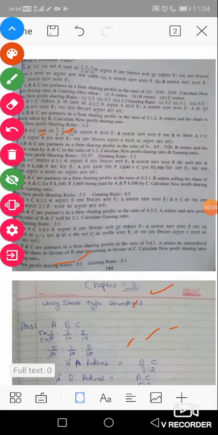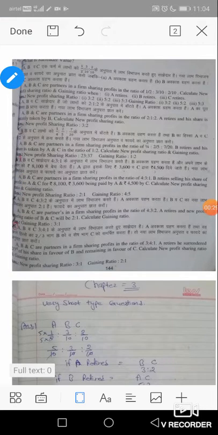Yes, class. We learned all the theoretical topics in this chapter in our earlier videos. Now, from today, we will start our very short type numericals of this chapter, in which, first of all, we will solve new ratio numericals, learning how to calculate the new ratio at the time of retirement. So we learned two ways to get the new P and L ratio in this chapter.